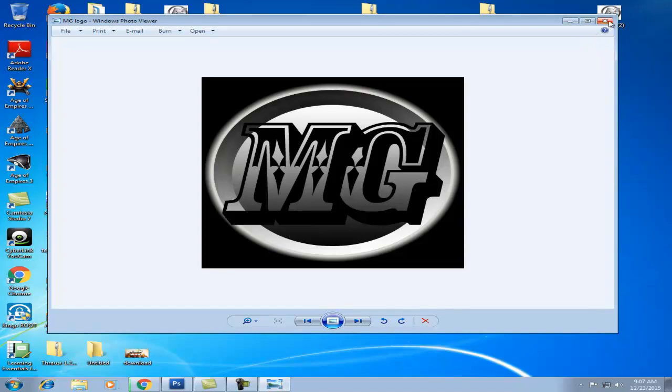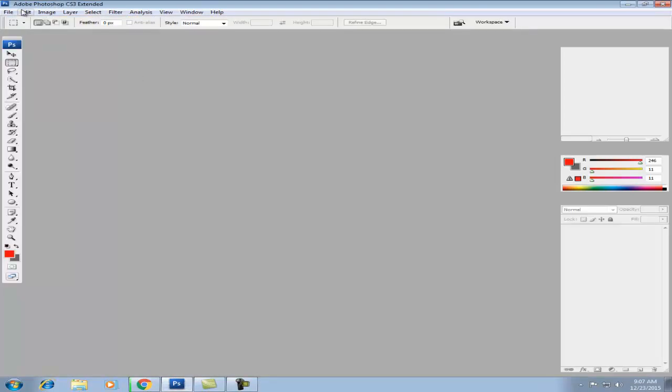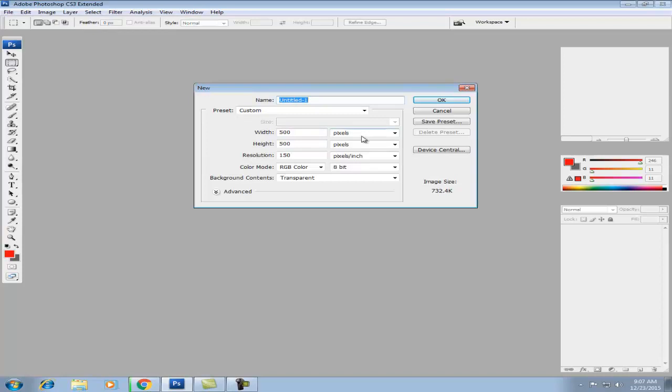Okay, so open up Photoshop, then I'm gonna type in new, custom, with 500 pixels width, 500 pixels height, background contents transparent. I'll just name it logo for you. Okay,